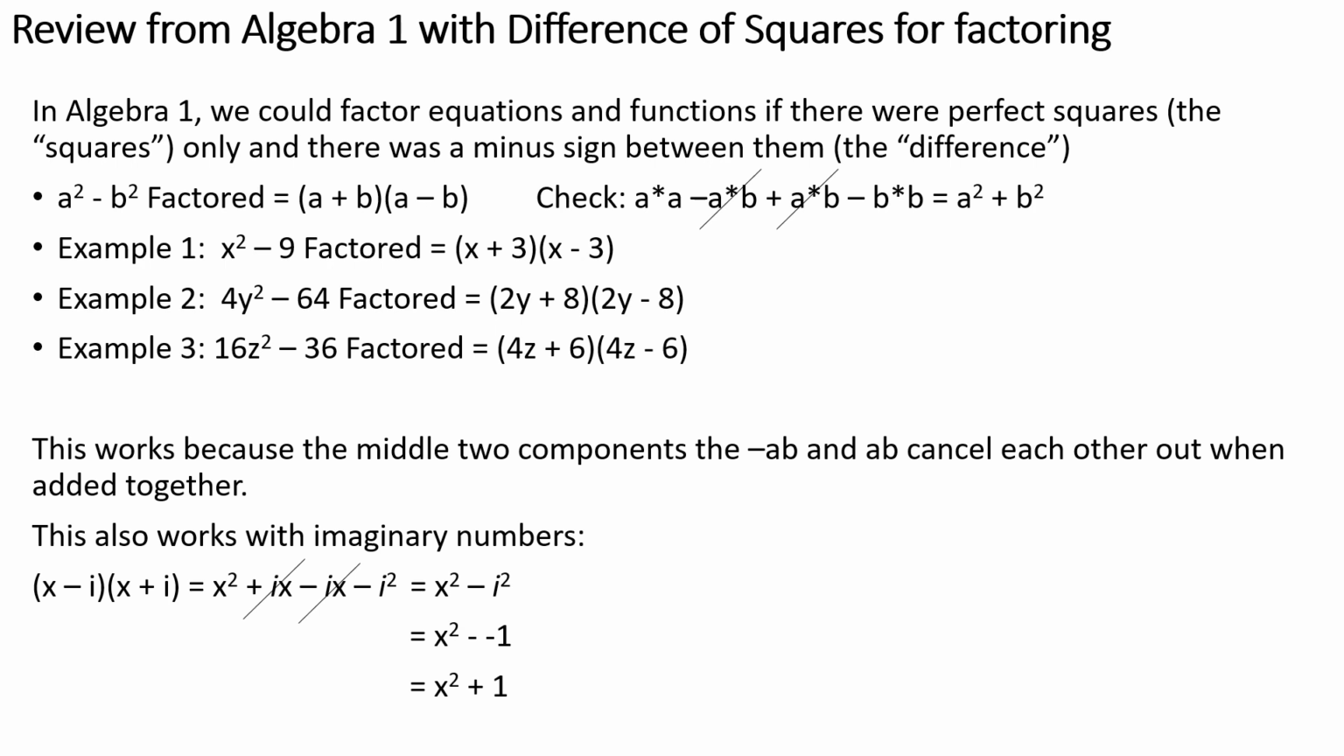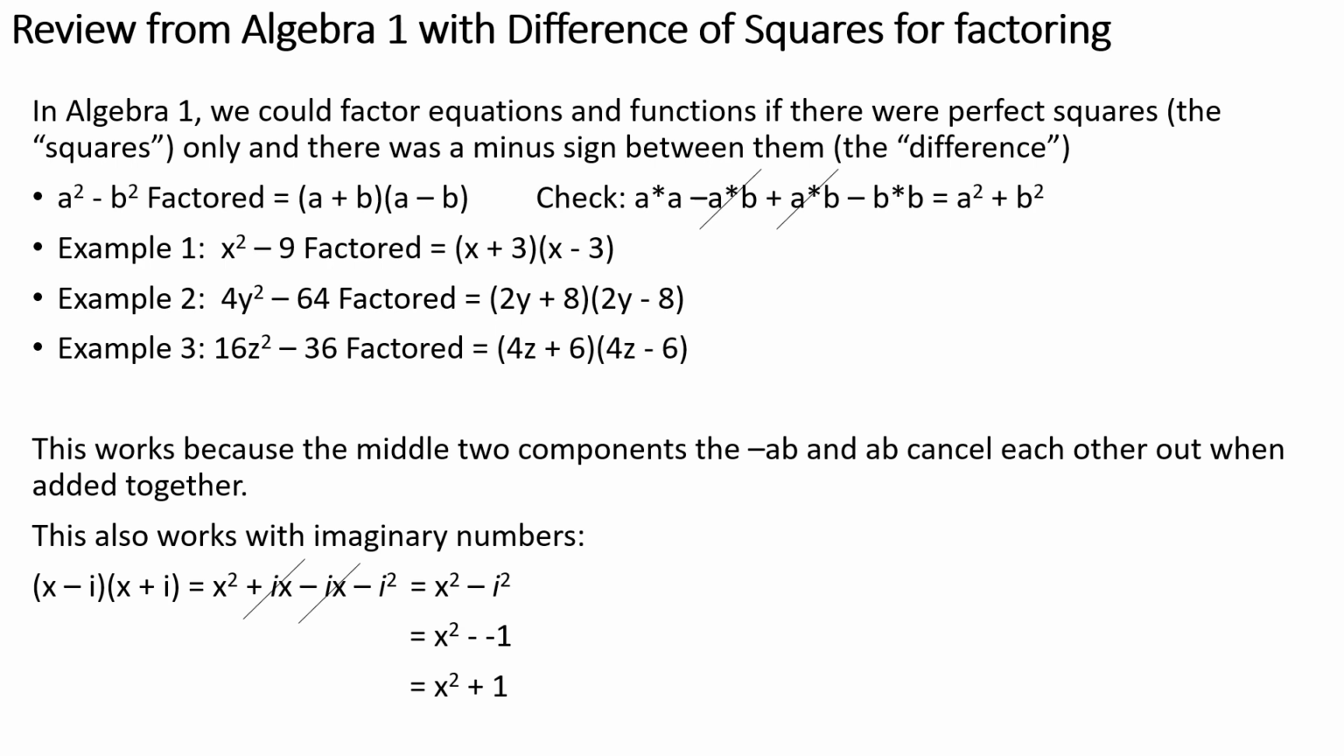As we talked about in our previous lecture, when we have a difference of squares, a squared minus b squared, it factors into a plus b times a minus b. x squared minus 9 factors into x plus 3 times x minus 3. 4y squared minus 64 is 2y plus 8 times 2y minus 8. 16z squared minus 36 is 4z plus 6 times 4z minus 6. Because those two central components